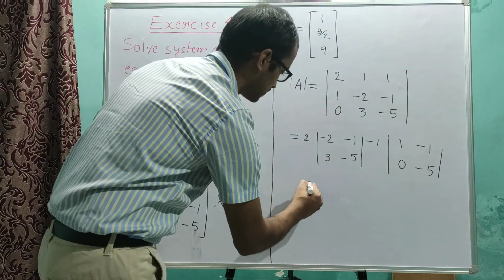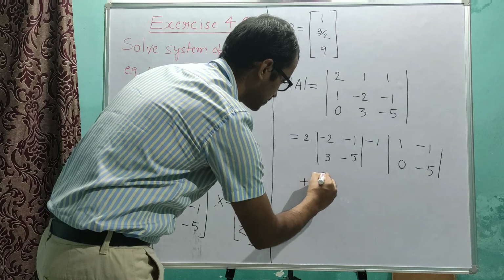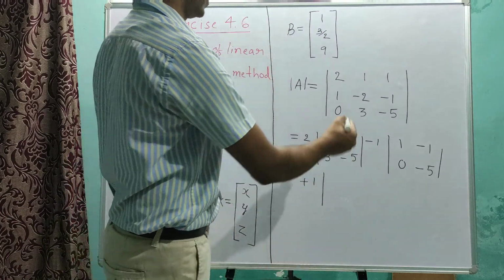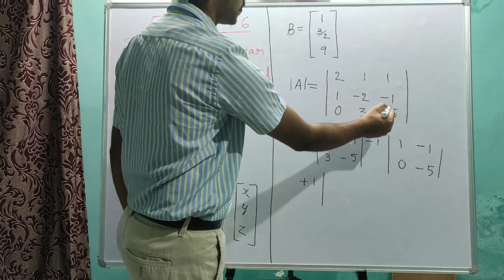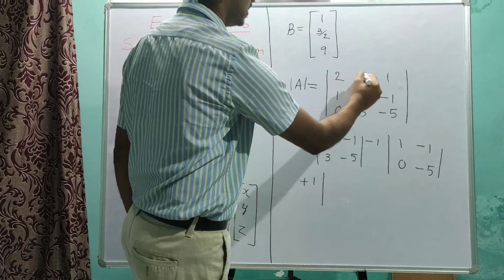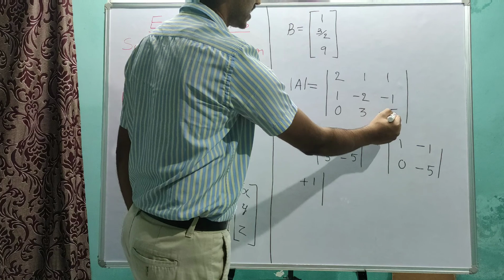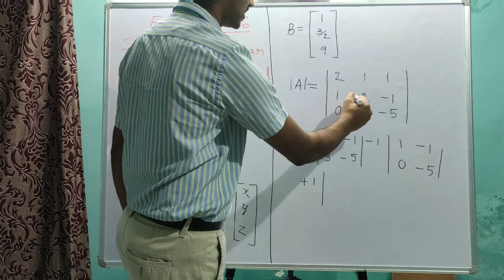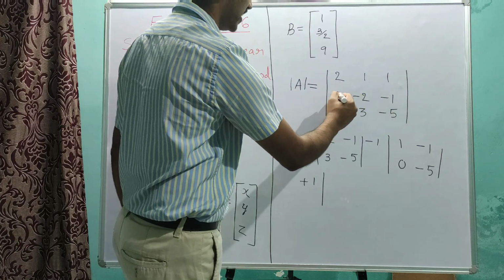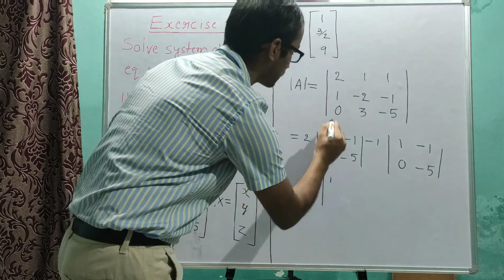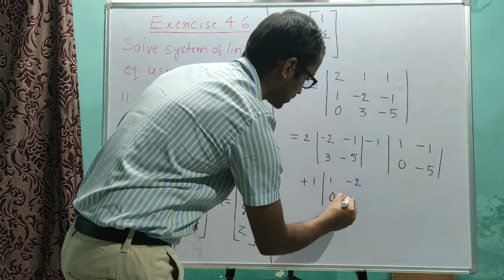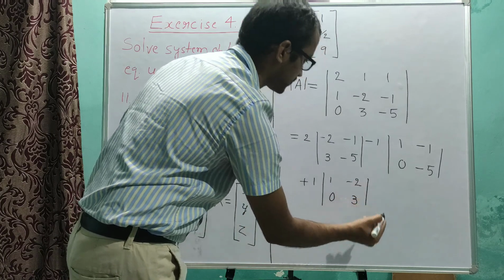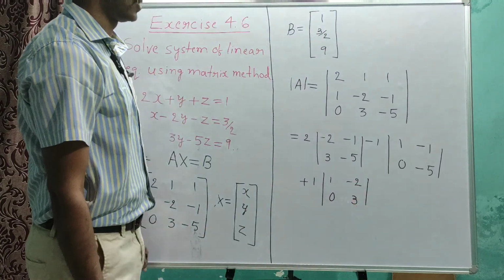Plus 1 into, again this 1 lies in first row, third column. So if you delete the elements in first row as well as third column, the second order determinant obtained is 1, minus 2, 0, 3. So that is equal to,